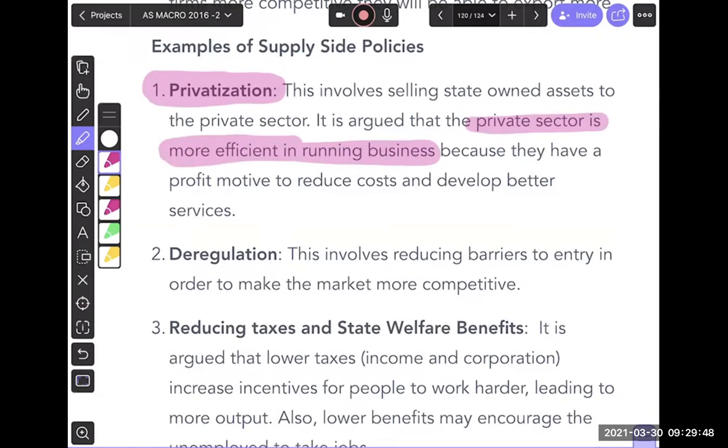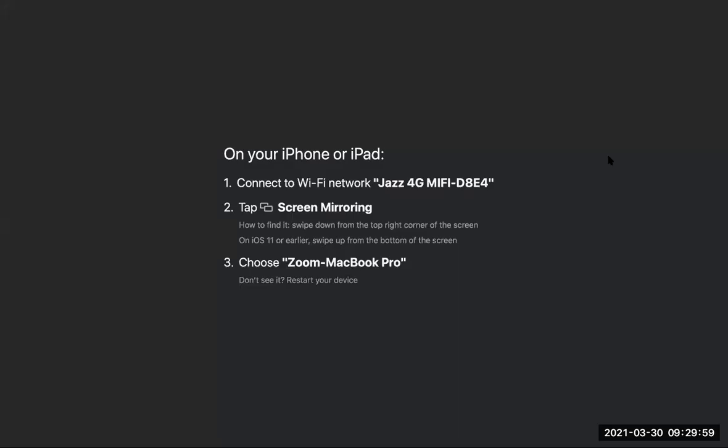Second, also linked with privatization, is something called deregulation, where you break monopoly power and bring more competition. If there is a firm in the private sector which is really powerful, or a public monopoly, you try to improve that too. You try to break the power of monopoly. Any questions before we move on? So what's the third thing?